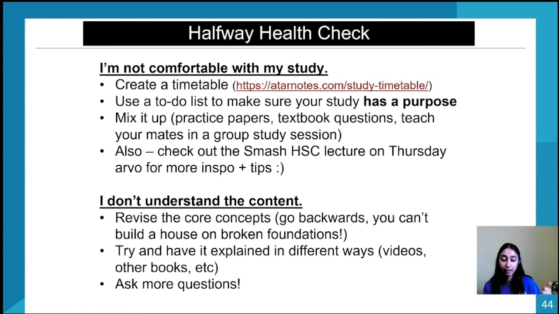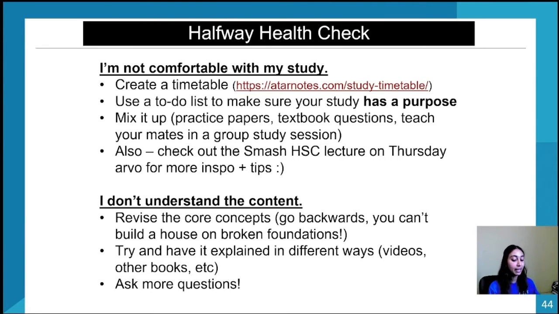So if you weren't too good with graphing, and you're expected to do inequalities questions like the one that I didn't actually go through because that was for you guys to do on your own time, stuff like that, you won't be able to do an inequalities question like that unless you're able to graph quite confidently. So things like that, you'll need to learn your foundations before you can build and build and build. Okay, so make sure you go back to the basics before you're expected to fly.